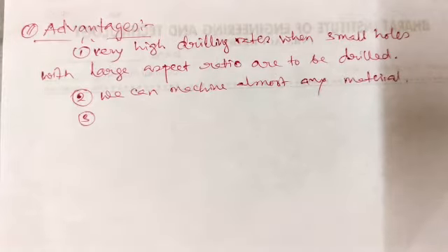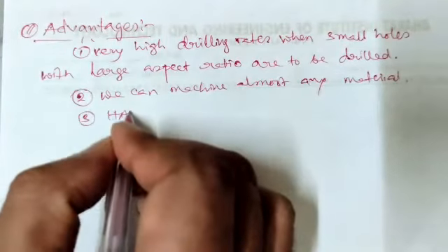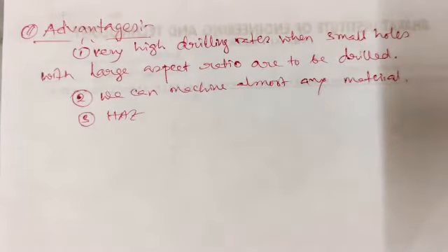Next, heat affected zone, which is very important. HAZ, the heat affected zone in EBM, is very less, as we are applying shorter pulses. The pulse is very short. That's the reason why the heat affected zone, or HAZ, will be very small. Or it will be very less. Next,